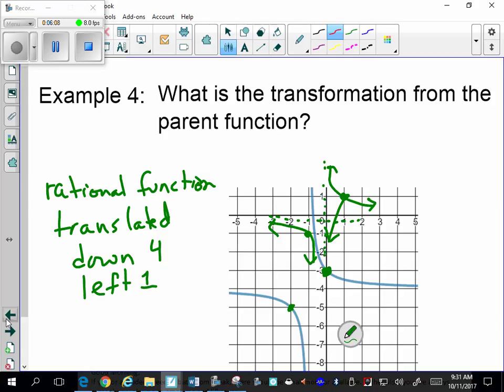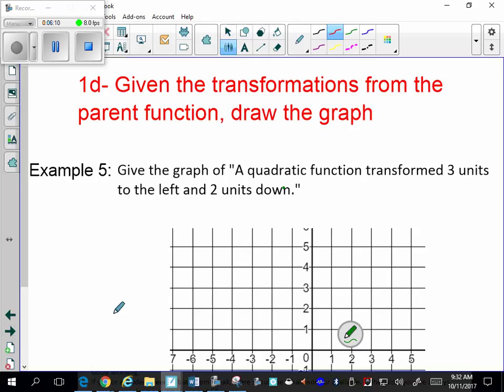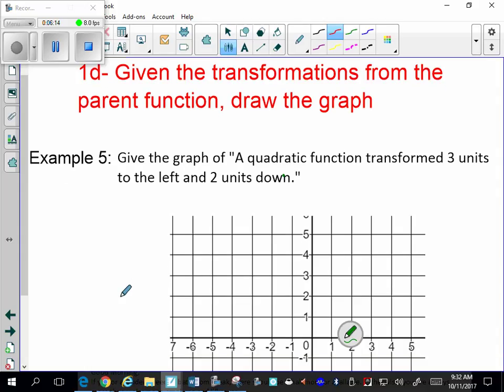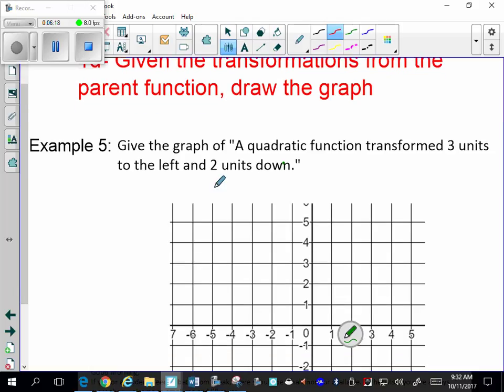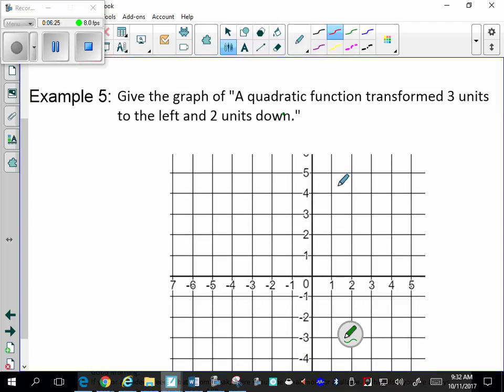Alright, next we have, given the transformations from the parent function, draw the graph. So this is just the opposite of 1c. For example 5, give a graph of a quadratic function transformed 3 units to the left and 2 units down. So you've got to think about a quadratic function. It starts at (0, 0), (1, 1), and (-1, 1). So think about, it's U-shaped, quadratic,